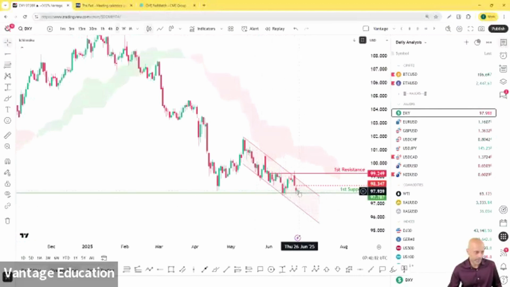So clearly this is not an area to be putting on any new shorts for the dollar index. You can see it already bounced off this level once on Friday, 13th of June, and it looks to be bouncing off this level once again today, Wednesday, 25th of June. So this is definitely the worst place to put on any shorts. What we should be looking for is for the dollar index to retrace higher and perhaps look for a better entry, maybe where one of the first potential resistances could come in is at this intermediate level at